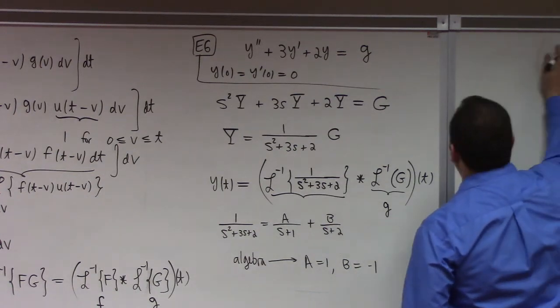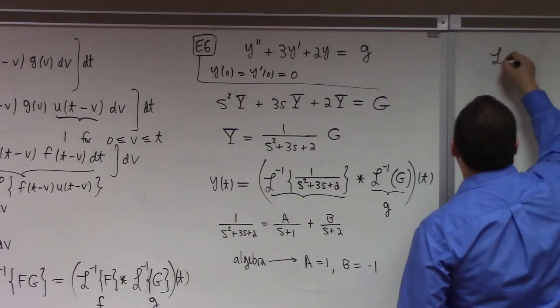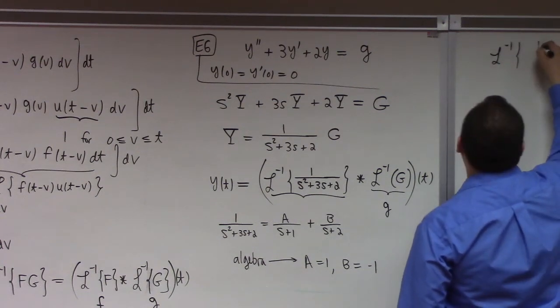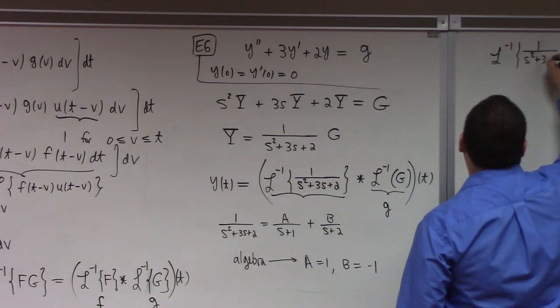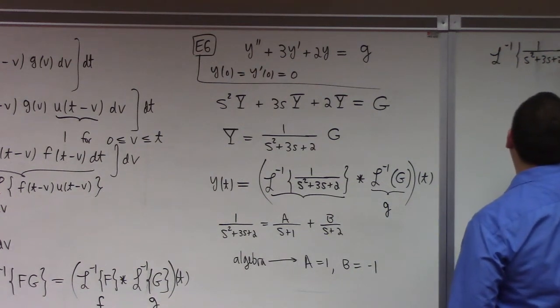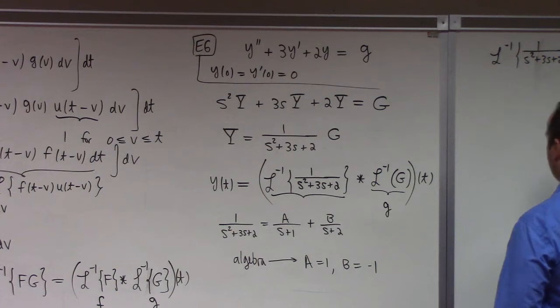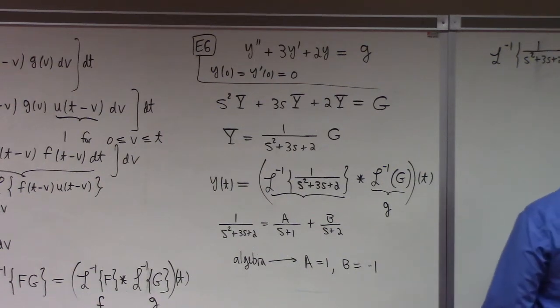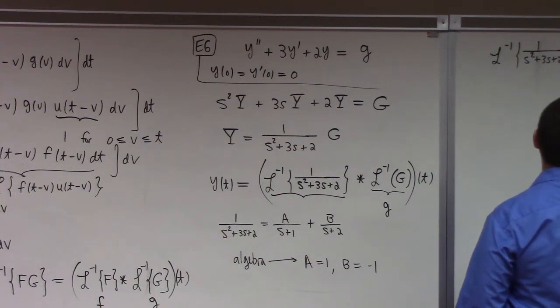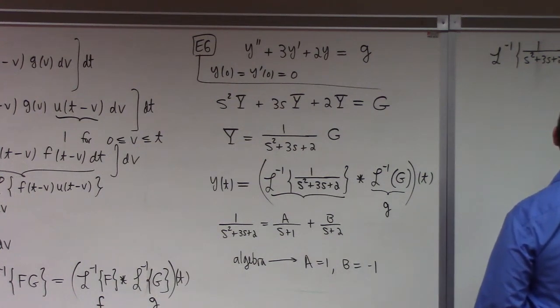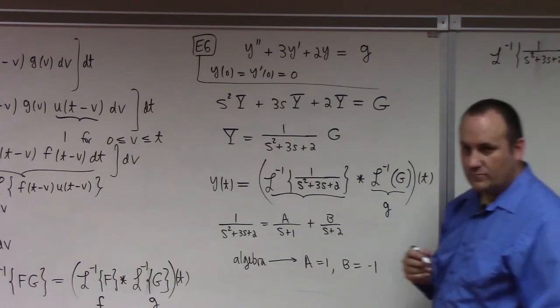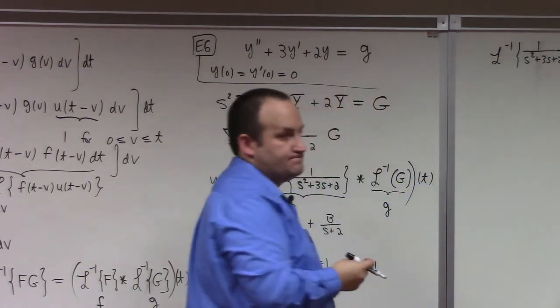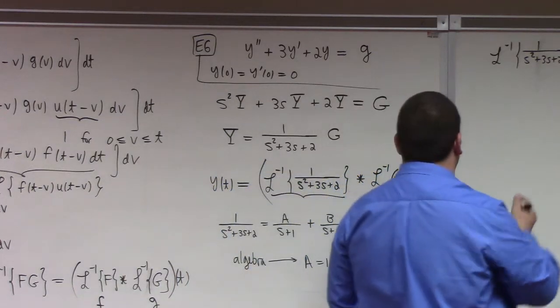So y of t is going to be, well, let me just do that here. What's the inverse transform then? 1 over s squared plus 3s plus 2. That's the inverse transform of 1 over s plus 1 minus 1 over s plus 2. We can do that, right? That's e to the minus t minus e to the minus 2t, right? And thus